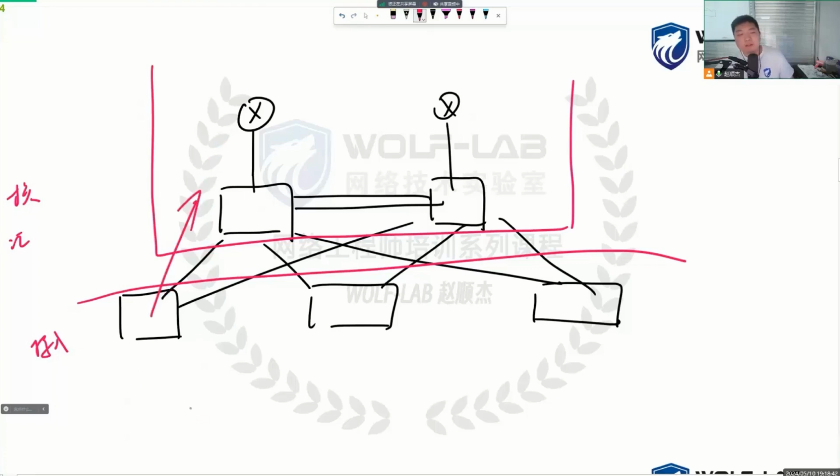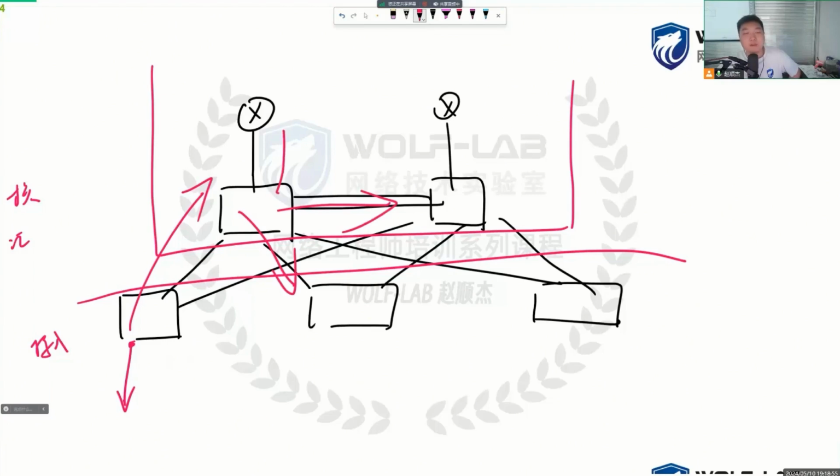Then we just announce our access network's route entries to our aggregation layer routing switch neighbors, or say to our devices above. Above then transmits the route entries to other neighbors, spreading everywhere. So in fact, our access layer devices learn many route entries. The route entries sent out are relatively few. But students, suppose due to these devices above, we lose a certain route entry, and it just happens to be a good successor route,